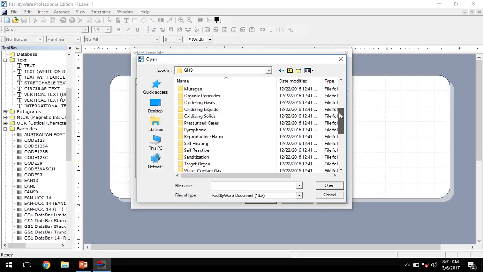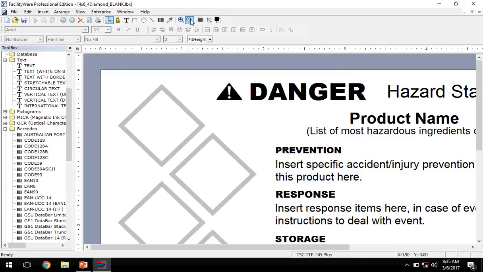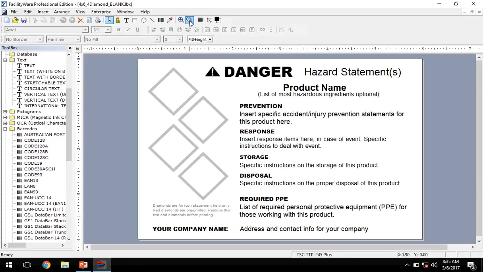If you know the type of hazard that you're dealing with, you can work with one of those, but we're going to start with a blank template. So let's go ahead and go down to the 4x6 blank template. Open it up. We're going to zoom out a little bit, and you're going to start to see all those parts that we just talked about. Your diamonds here, your hazard statement, product name, ingredients, prevention, all these other things,